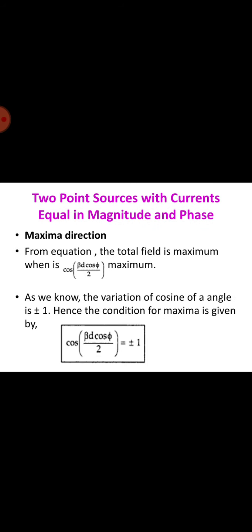The array factor is the ratio of the magnitude of the resultant field to the magnitude of the maximum field. So AF is equal to Et by Emax. The maximum field Emax is equal to 2 E naught, and AF is equal to Et by 2 E naught. That will be given as cos of pi d by lambda into cos phi. The array factor represents the relative value of the field as a function of phi, and it defines the radiation pattern in a plane containing the line of the array.